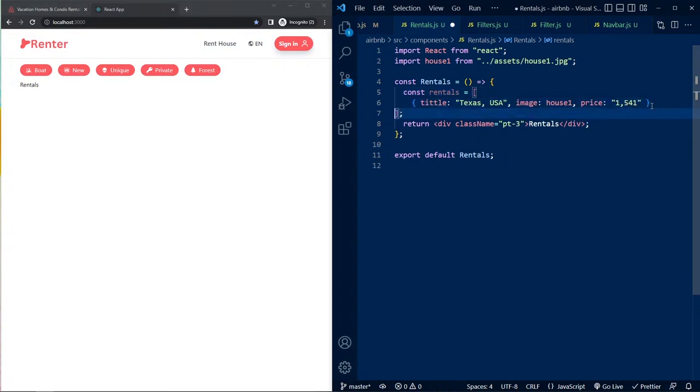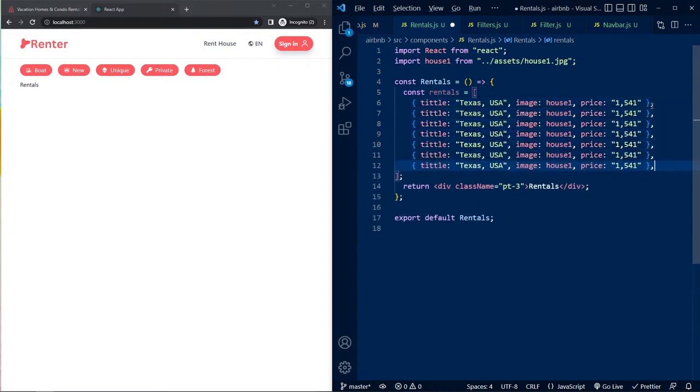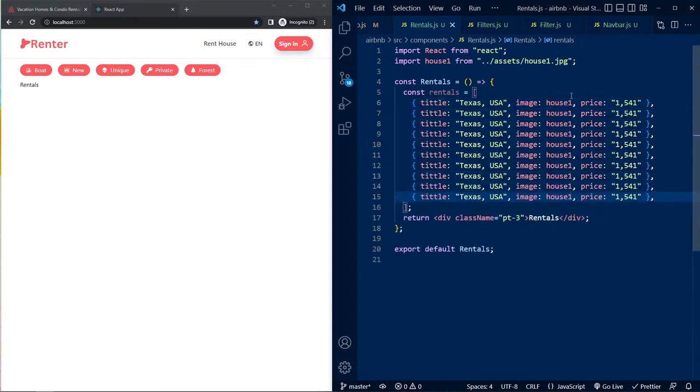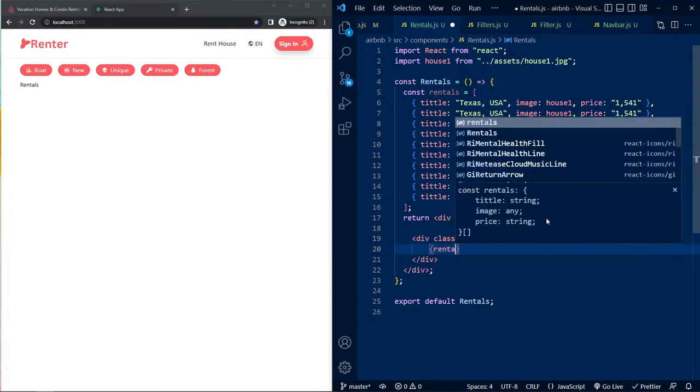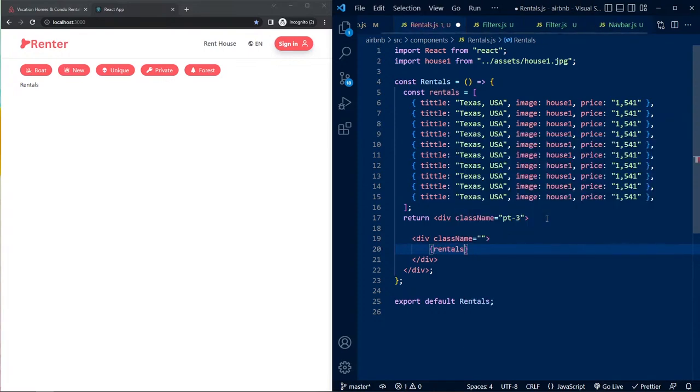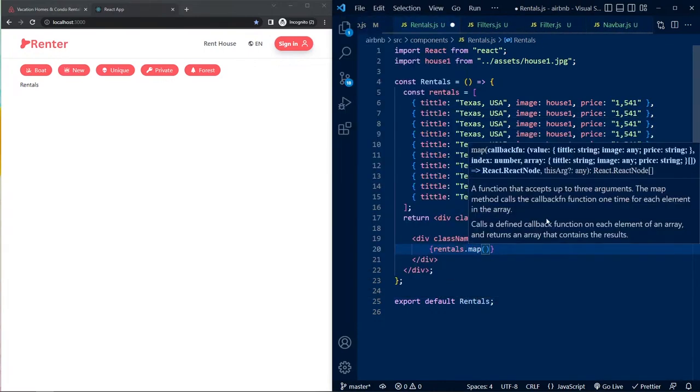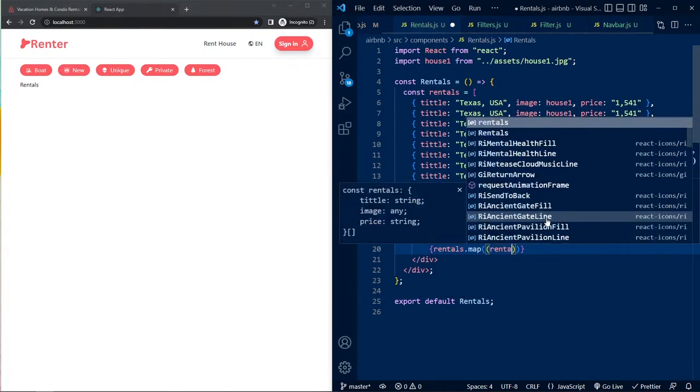So I'll duplicate this a few times. So 1, 2, 3, 4, 5, 6, 7, 8, 9, 10. Save. And now let's map through them. I have here at the bottom a div with rentals.map. So we'll write JavaScript inside these curly brackets. I'll say rentals dot map, and for each rental